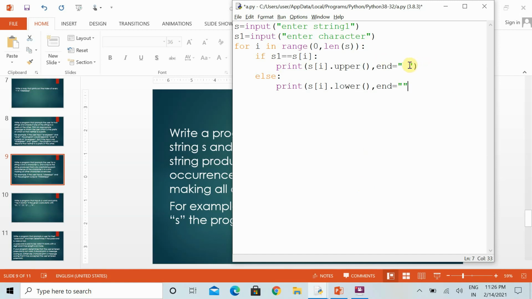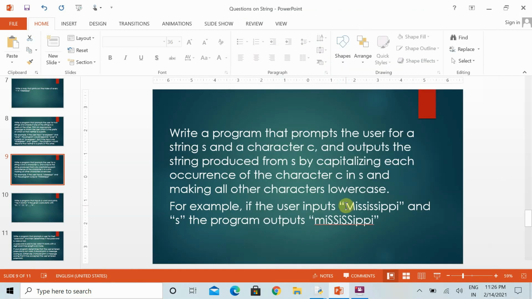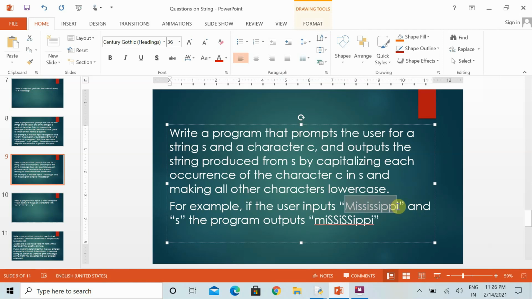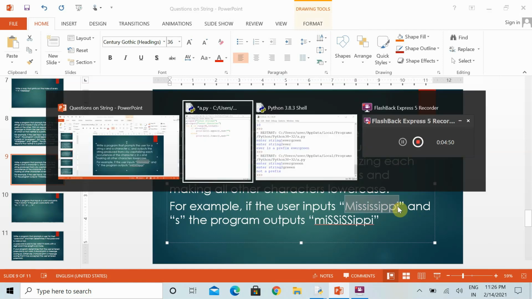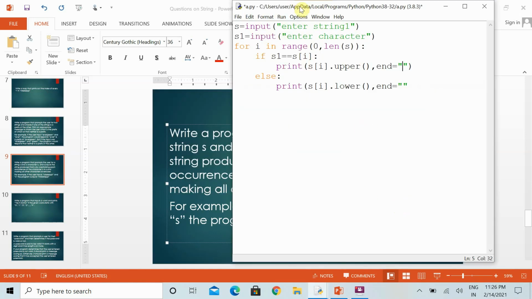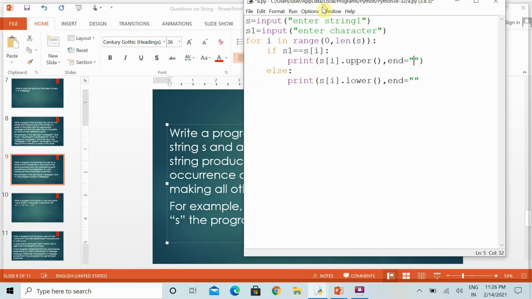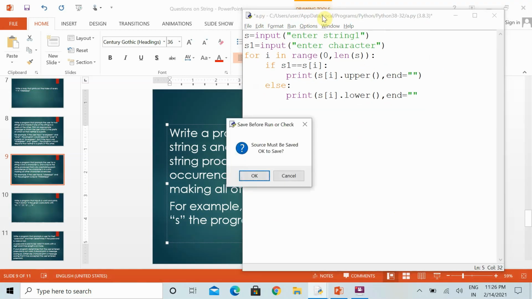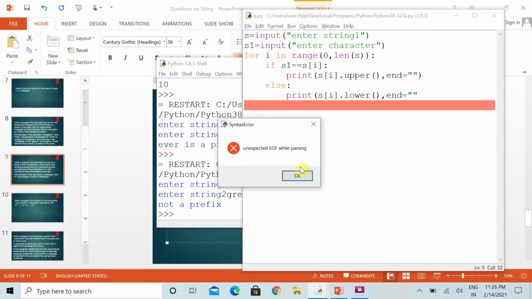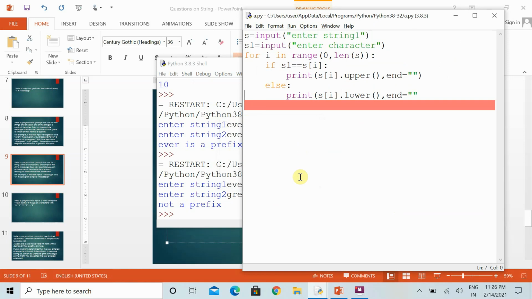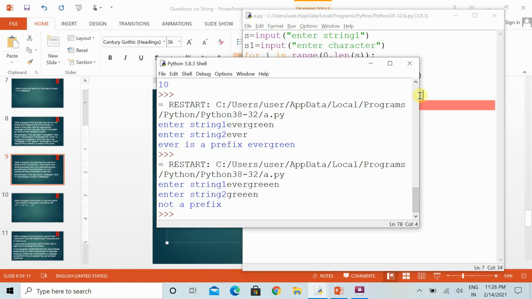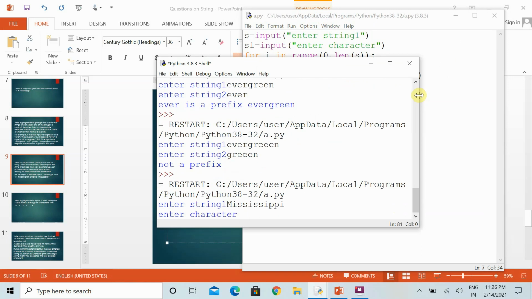No need to specify anything more. Then I'll enter the same letter, the same symbol, so that it will be easier for us to see the difference. Let's execute it. What is the difference? Error. I just forgot to specify the bracket. Here I've specified s.